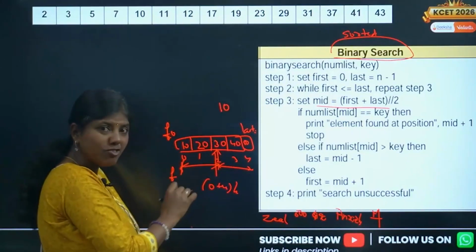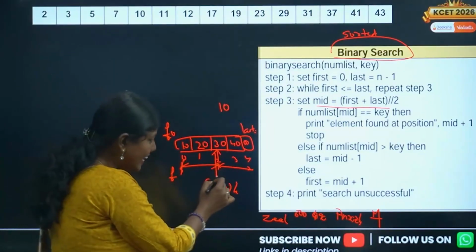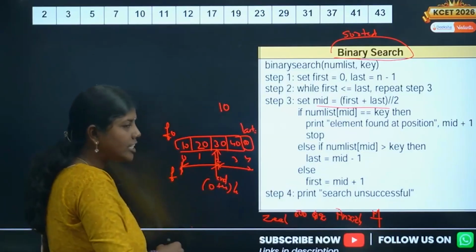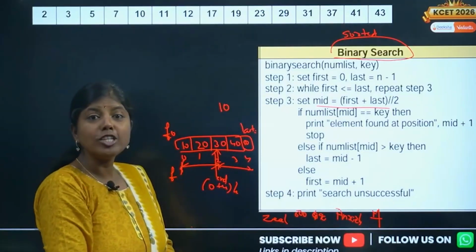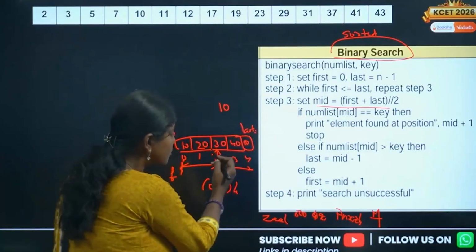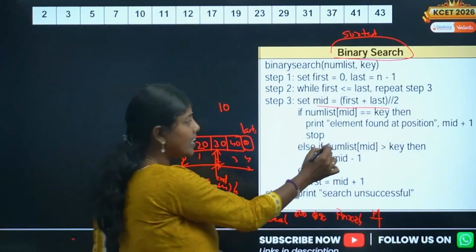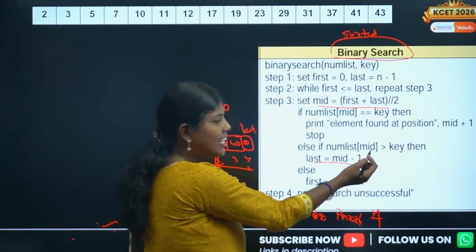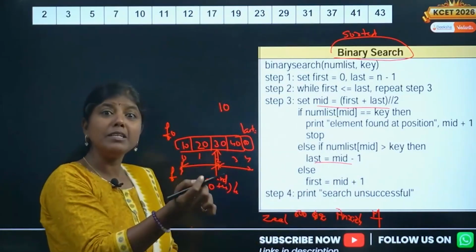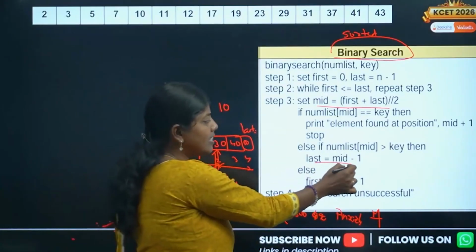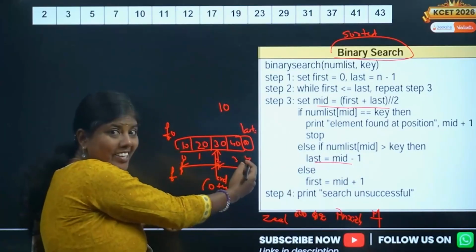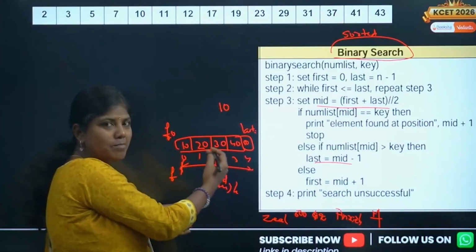The end, the last, I have to change, from here to here. This is nothing but mid minus 1. If the search element is less, you make last as mid minus 1.